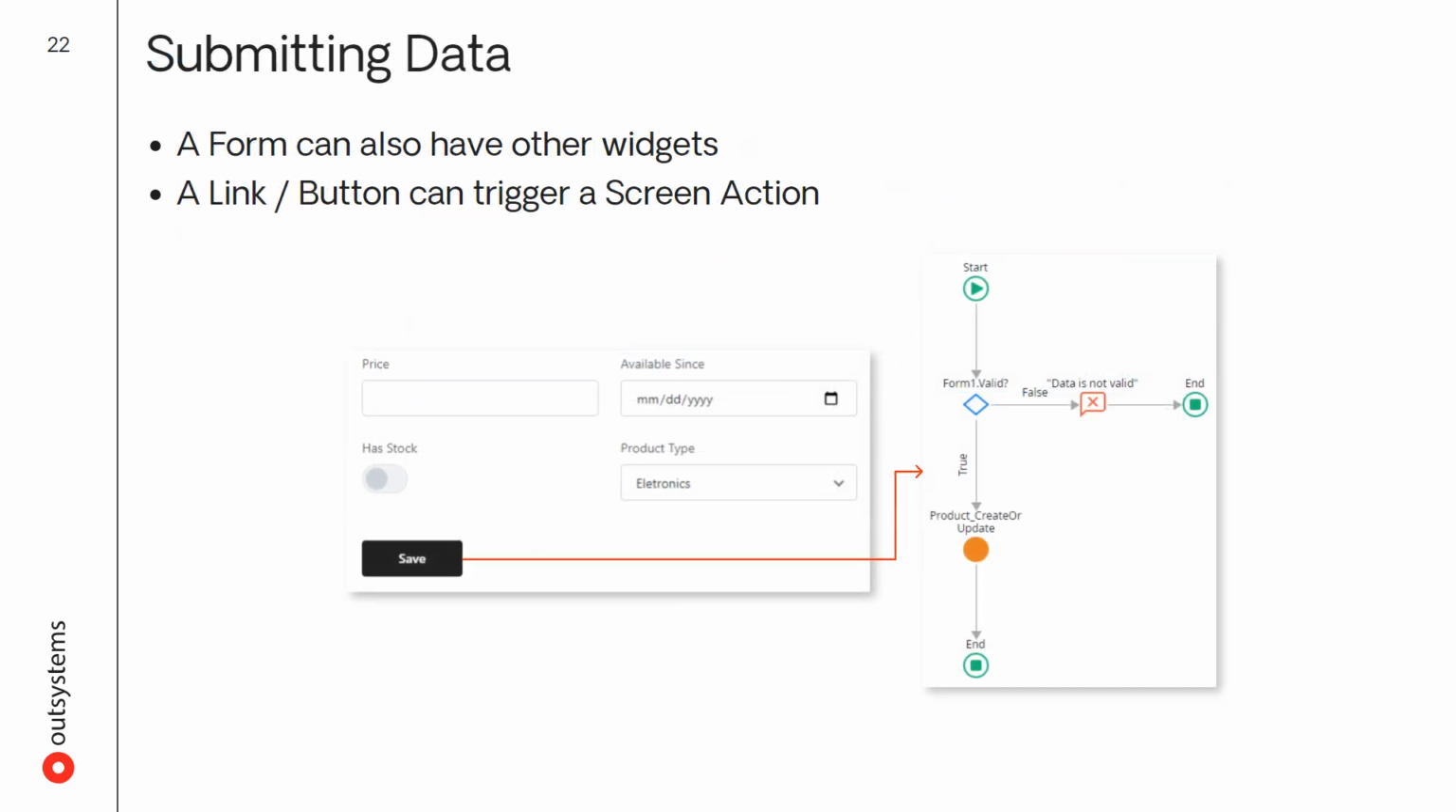What if we want to save all this data in a database, or manipulate it with some logic? Well, a form allows other widgets besides the input widgets. Forms can also have links and buttons, among others. If we want to perform some logic over the data, links and buttons are extremely useful since they can trigger a screen action, which has access to everything inside the scope of the screen, including the values in every input field. In this example, we have a button that triggers an action with the logic to create or update a product in the database, with the data in the input fields of the form,